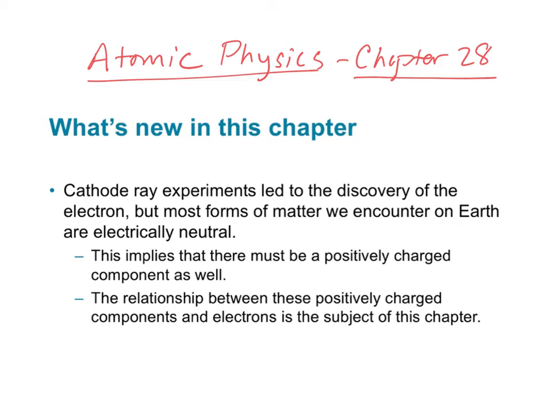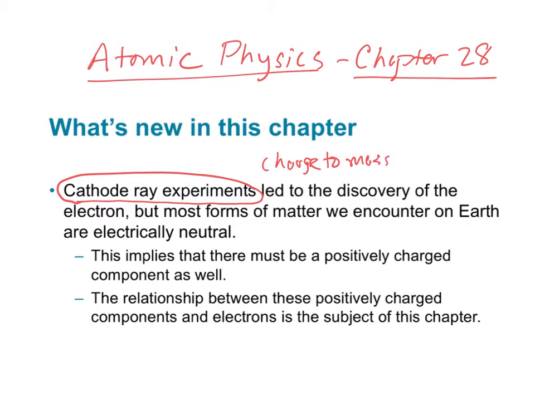What's new in this chapter? Remember in the last chapter we talked about cathode ray experiments. That was the experiment where you heated up the cathode side of a negatively charged plate really hot, and it ejected electrons because they gained enough kinetic energy, and they created a beam. They called them cathode rays, and they realized they were negatively charged. They actually discovered the electron through that process. So they figured out what the charge to mass ratio